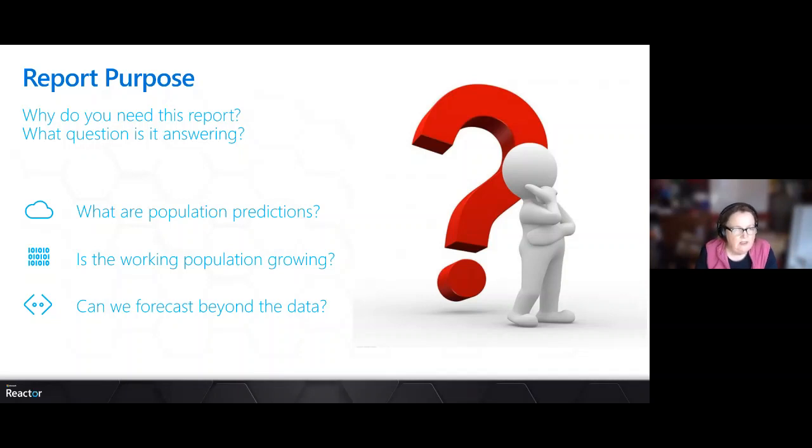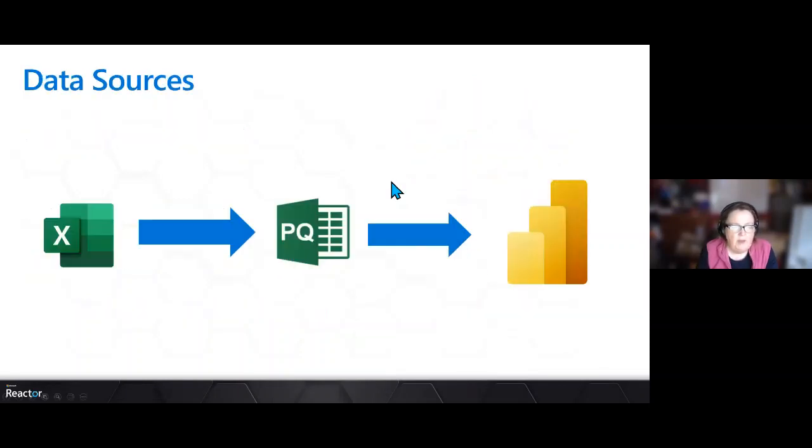It's a really simple little data set. It's not a huge one, but it gives you an opportunity to have a play, and it's public data. I'll show you where I get the data from in a moment. I've managed to convince PowerPoint to stop playing. So we're going to take data from Excel, and I've actually downloaded the Excel. I'll show you where I download it from. We're going to use Power Query to do our transformations, and then we're going to use Power BI Desktop to do modeling. But it all comes with Power BI Desktop.